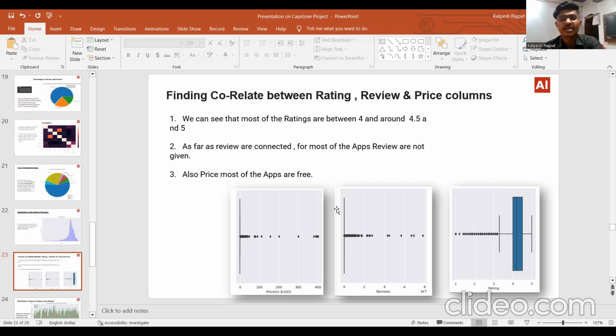From this, we can conclude that most of the ratings lie between 4 and 4.5 and above 5. We can see that no applications are above 5 ratings. Moving to the next slide,